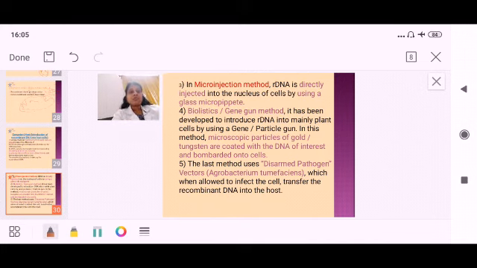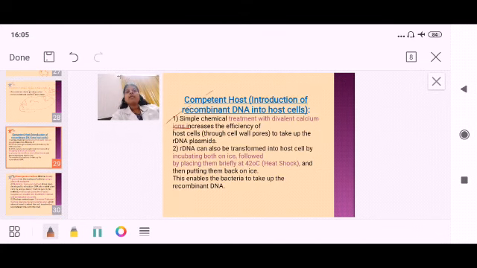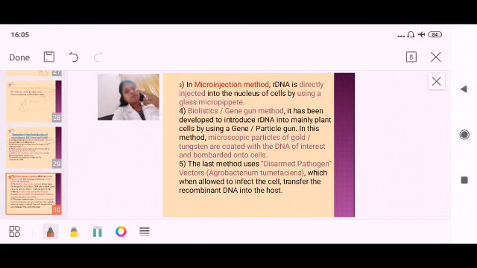The last process, the fifth one, is a biological process. So we discussed two chemical processes. One is, if you are keeping it in a medium of divalent calcium ions, the pore size will increase and the rDNA can enter. The other is heat shock treatment, cooling and heating like that, the cells become very tender, very flexible. If you introduce rDNA near them this time, they will absorb it. Both were chemical. Microinjection is with the help of injecting, the biolistic or gene gun method is with the help of a gun. The last one is the biological process.